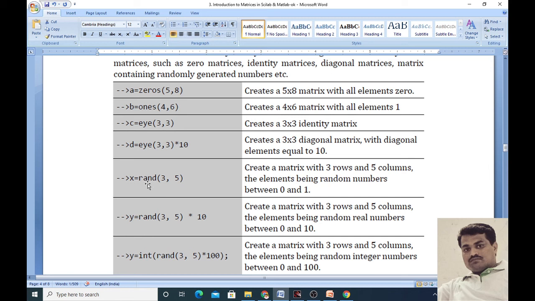Then next is RAND 3 by 5, 3 comma 5. It creates a matrix with 3 rows and 5 columns, the elements being random numbers between 0 and 1. This is the way of representing random matrices. For random matrices, we can use this command to create a random matrix for a given system.